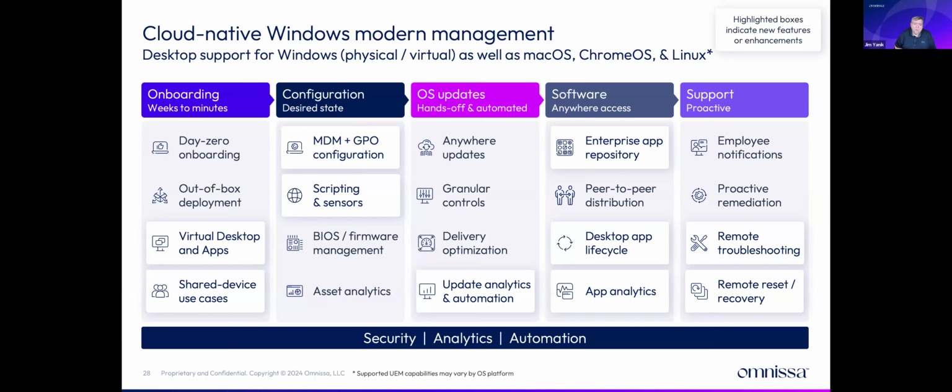OS updates, so those are getting done wherever the user happens to be. I can put granular controls around it. We've got optimized delivery. We can make sure people get the software they need, and some proactive support. For example, employee notifications. Our hub services, our hub client really does a good job of pushing out notifications. Since we just went through a VMware acquisition by Broadcom and then a Broadcom spin-off to Omnissa, we've been going through a lot of changes. So we got a lot of good notifications through hub services.